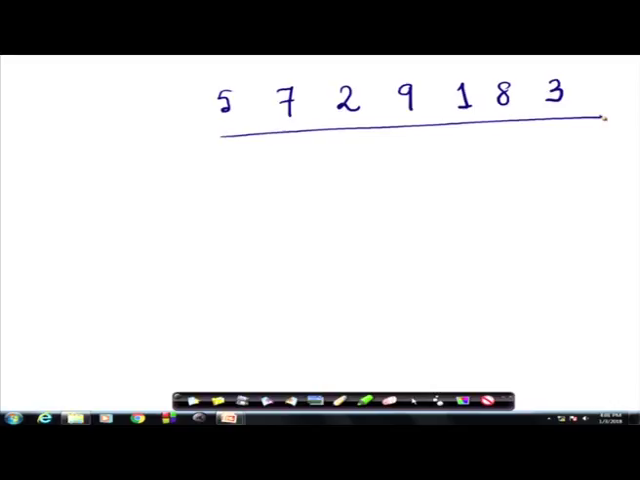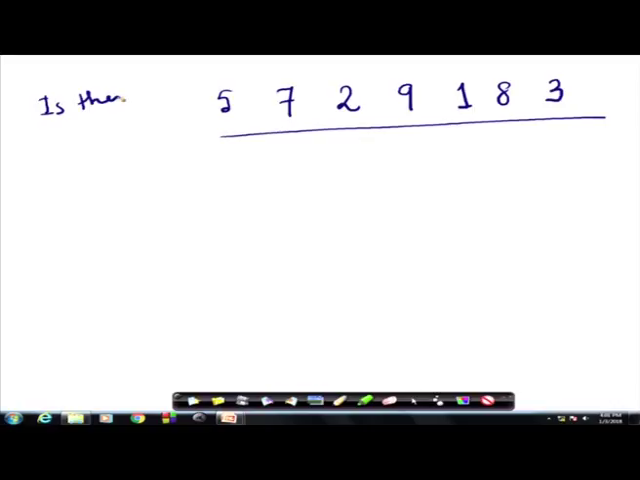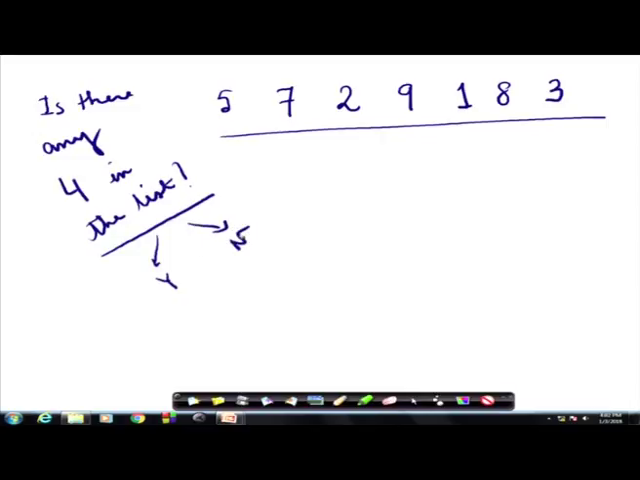I want to find out whether there is any particular number. Forget about even number for the time being. For the time being, let us assume that I want to see whether in this list any 4 is there. Is there any 4 in the list? That is the question that we are asking. The answer can be either yes or no. If it is yes,